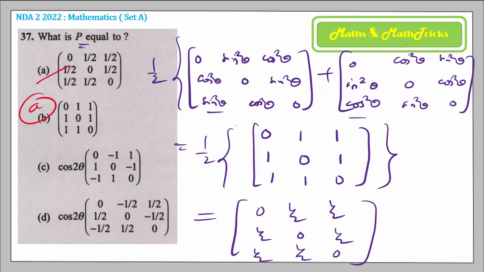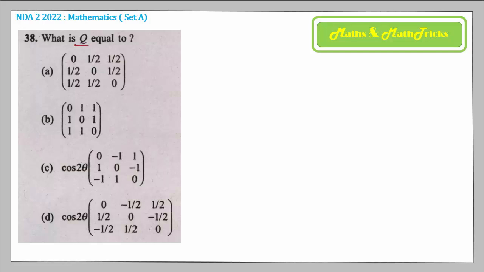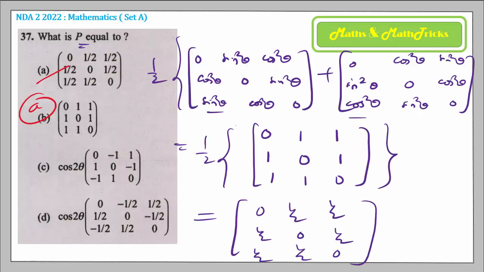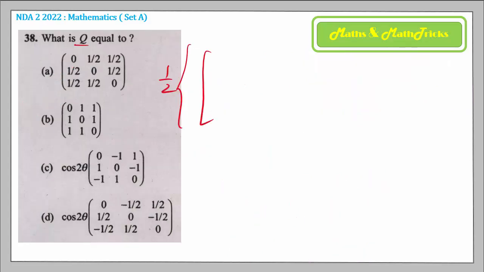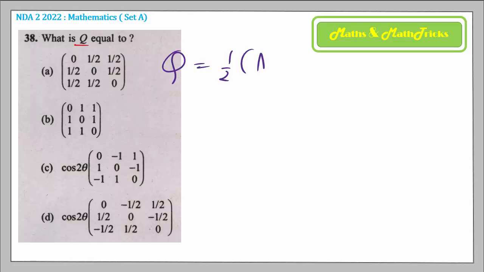Now in the next question they demand what is Q. What was the formula of Q? It was the matrix A minus A dash divided by 2, that is half into A minus A dash. So half into A minus A dash, I am writing for you from the previous subtraction of A and A dash. Let me write for you. Q is equal to half times A minus A dash, and this matrix you get it to be by subtracting